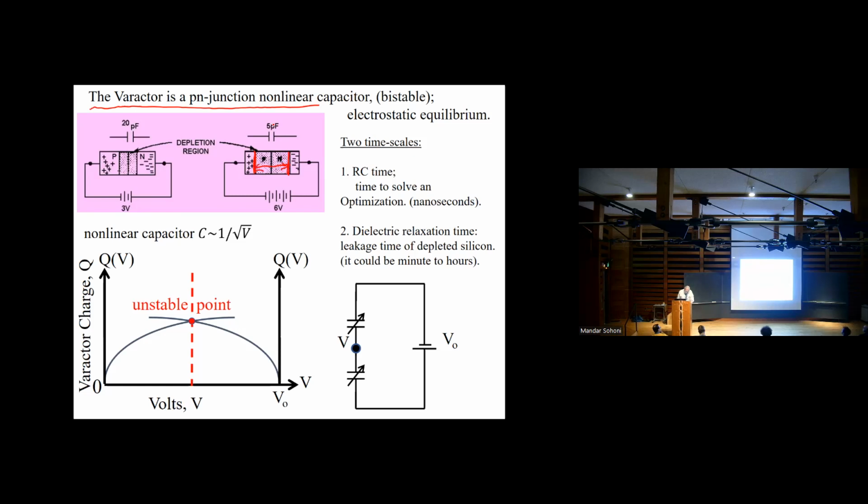And this thing, I just downloaded this from the internet yesterday. It goes down to 5 picofarads, whereas if you don't have such a strong negative bias, the two electrodes are closer together, and it's a bigger capacitor. So it's a nonlinear capacitor. In fact, the nonlinear capacitance goes as 1 over the square root of voltage. So now, how will this help us?